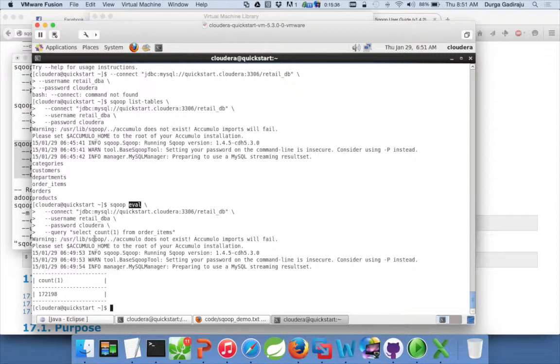And you can not only run select queries, you can insert data, update data, delete, and you can even invoke stored procedures. It is very important to keep this command in mind, because in the context of an enterprise data warehouse, sqoop eval is a very important command.